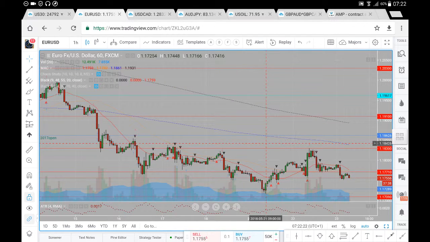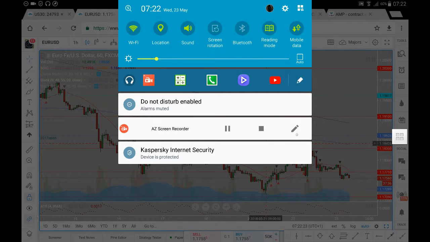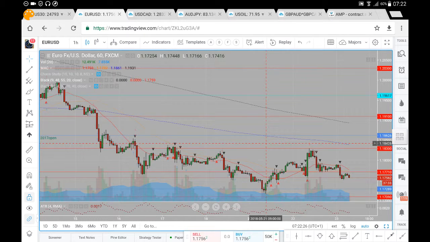So this euro dollar analysis for Wednesday the 23rd of May. Now let's just have a look around prices and where they may likely go. So previously we had prices come down towards this 1728, from which we did see them move back up towards